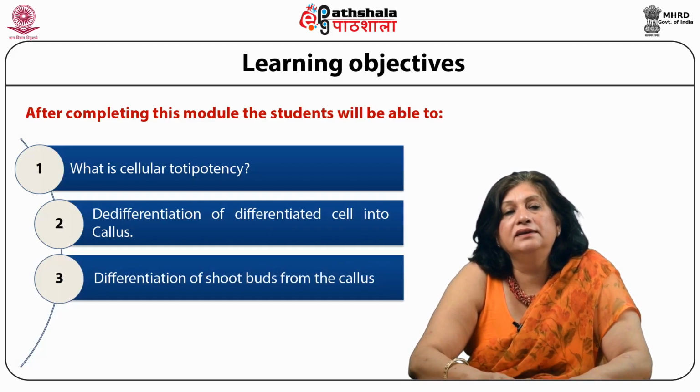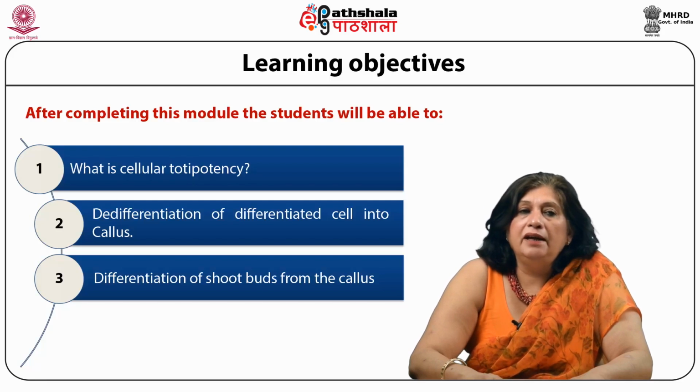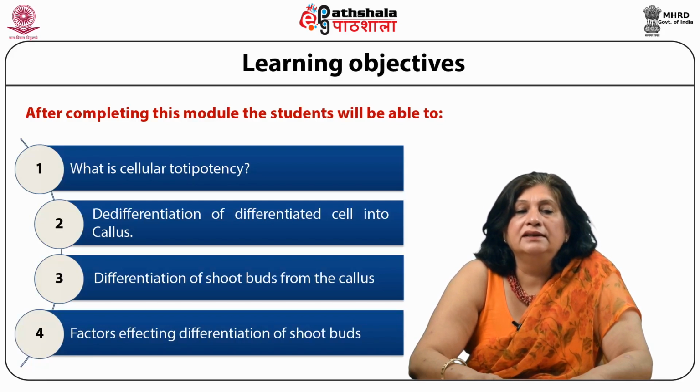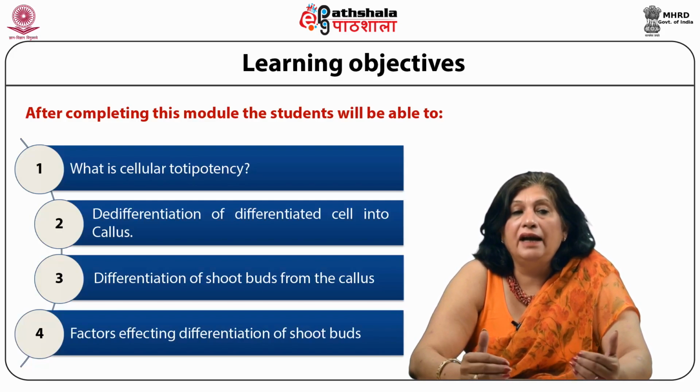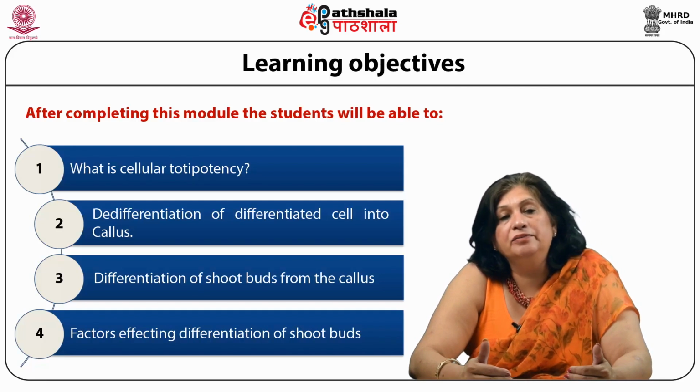One is shoot bud regeneration and the other one through somatic embryogenesis. And we'll also study what are the different factors that have effect on callus formation as well as subsequent